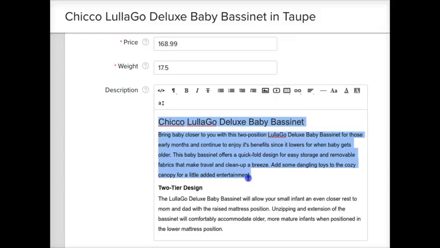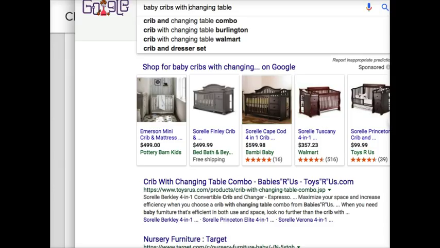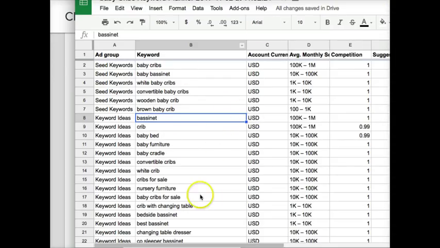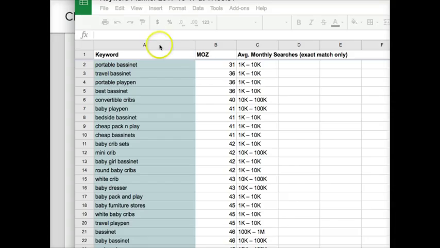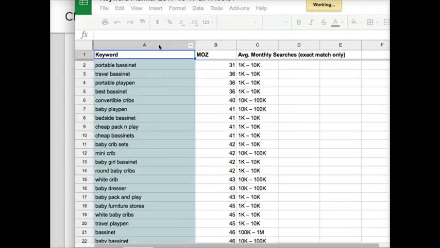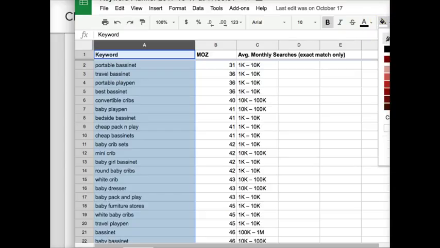This is what you want to rewrite, and so I did this on this one. I went in and rewrote this, basically using the same words or similar words, but remember we talked about our keyword phrase list, right? So if we go back and look over here at this list, we have these keyword phrases, and we have this other list that I researched for keyword phrases related to baby cribs and bassinets and whatnot. So this gives us a bit of data to understand how much competition we have, how much search volume we have, and things like that.